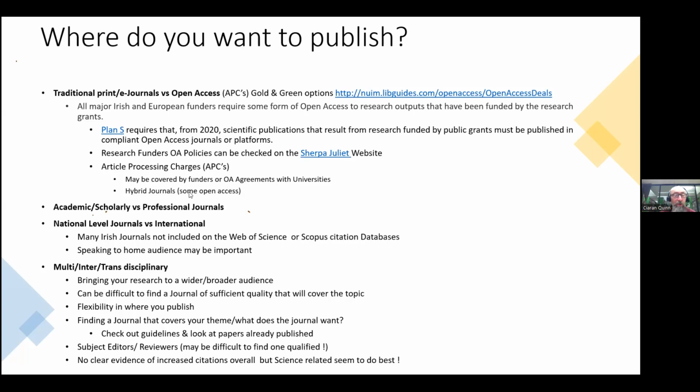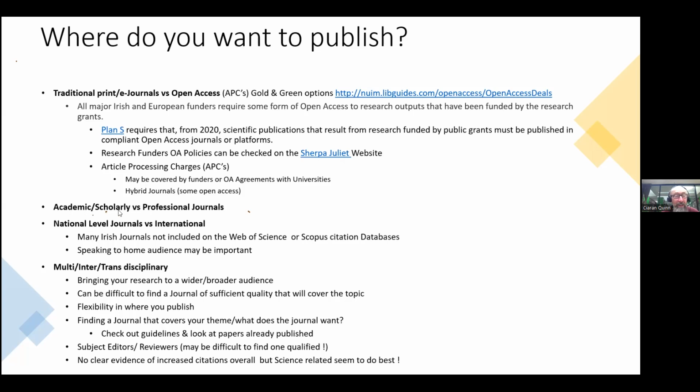And then there's hybrid journals as well. So some of the journals will be kind of a mixture between open access and pay-per-view. And they tend to be where people are paying the article processing charge to have their paper made available open access. And if they don't do that, it's still behind a paywall. Some journals would be nearly entirely open access. But again, there will be a charge for those.